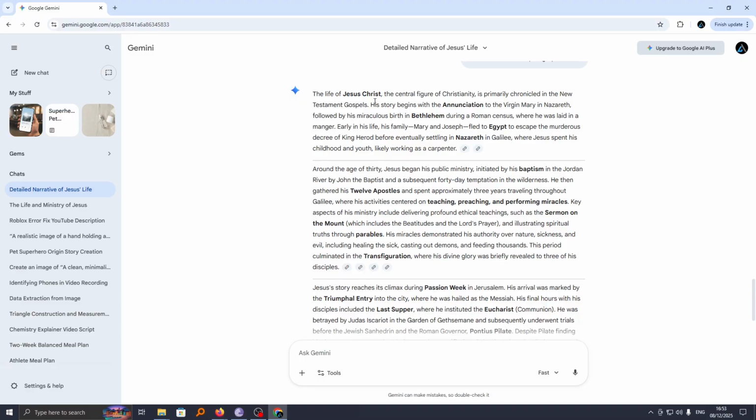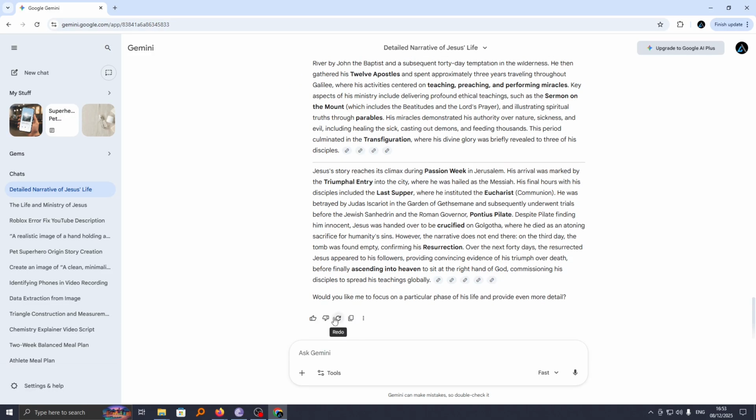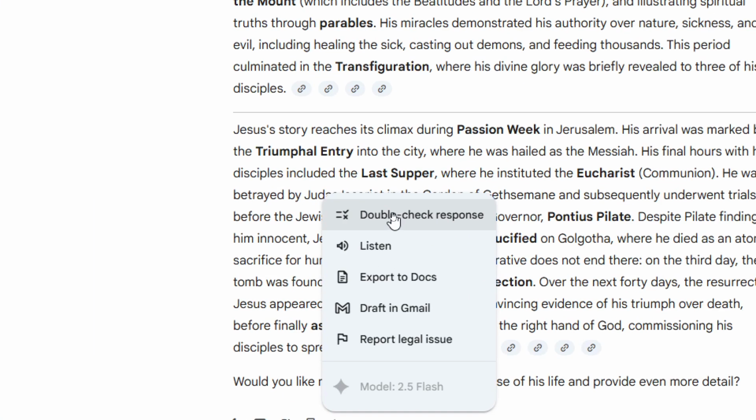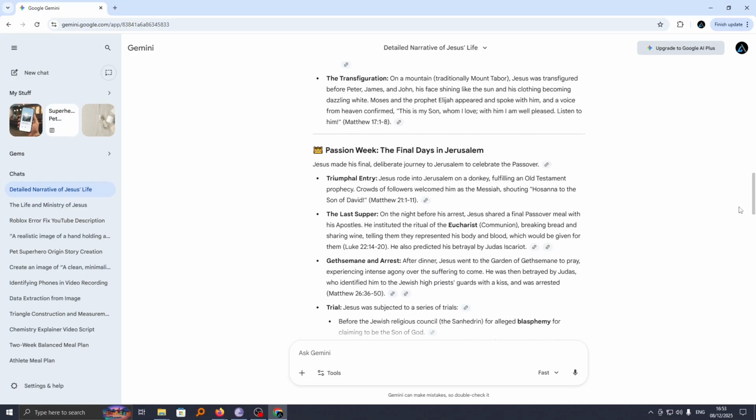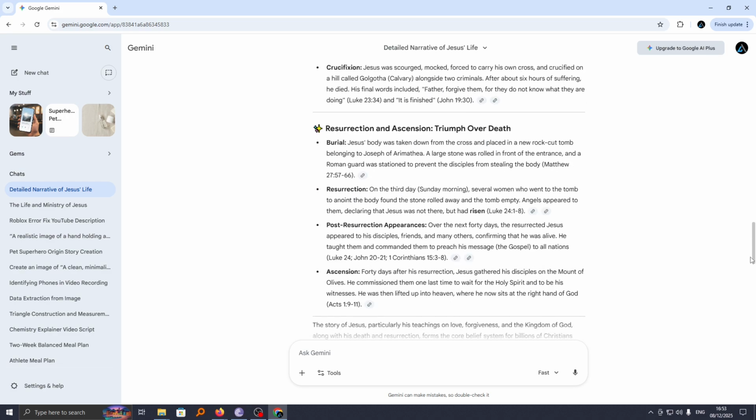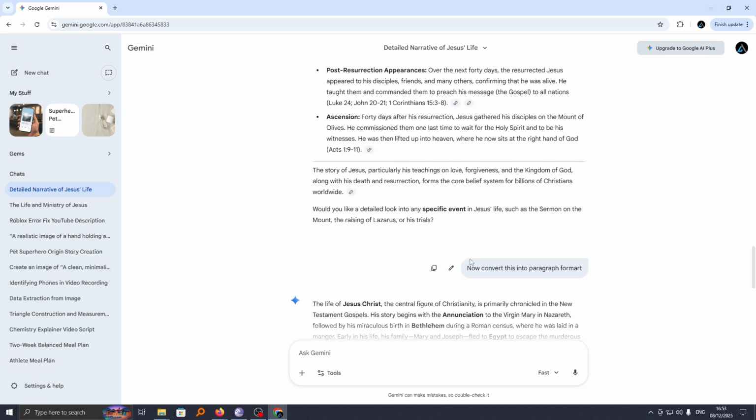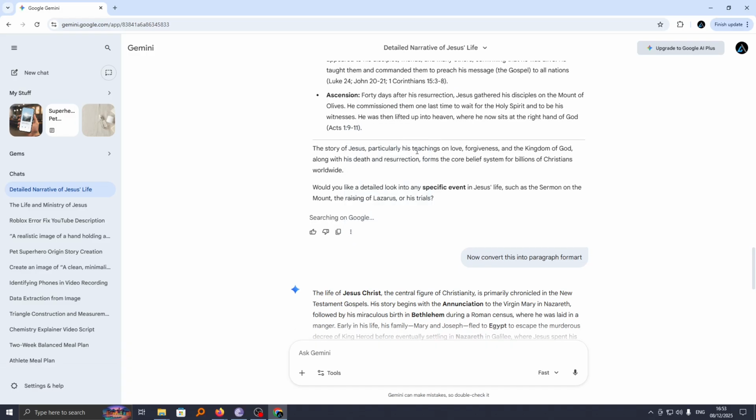Now to double check your response, just go ahead and, below the response here, click on these three dots or more, and you should see this option called double check response. If you want to double check a previously generated response, you can still do so. Just head over to the end of it and hover over here, and you should see an option for more here. If you click on double check response, now this will go ahead and prepare your results, and within a